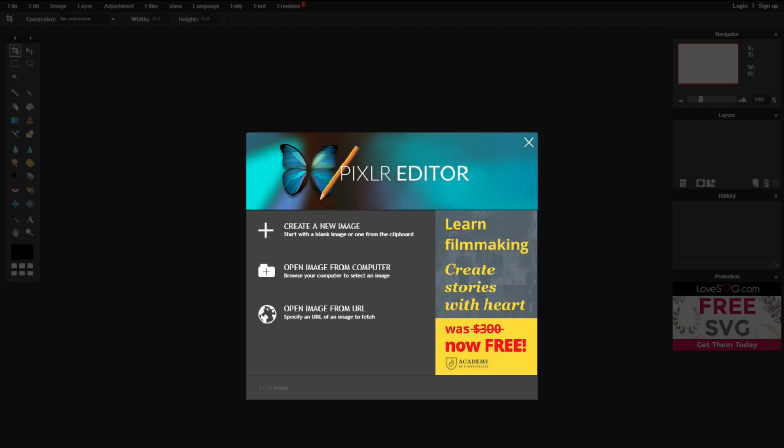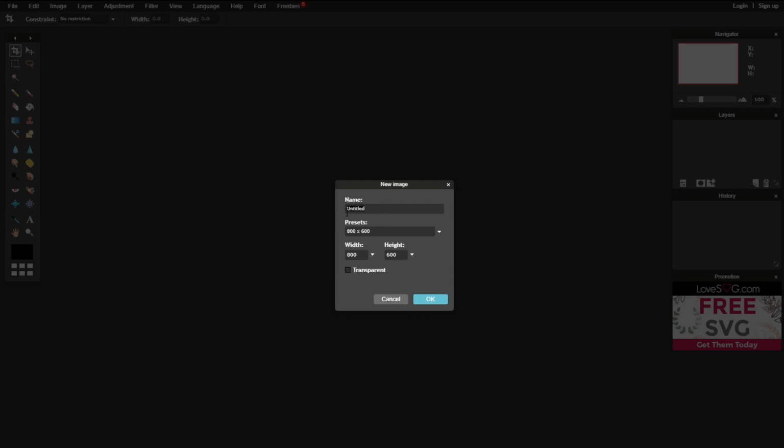So if you go to pixlr.com/editor, again, I'll include a link below this video, you'll be brought to a page that looks like this, and be sure to enable Flash as well on this website for it to run correctly. So then what you're going to want to do is click Create New Image, and when you click that, you'll be prompted to give a name for your image, so whatever you want. Let's say we're making that How to Live to be 100 video,